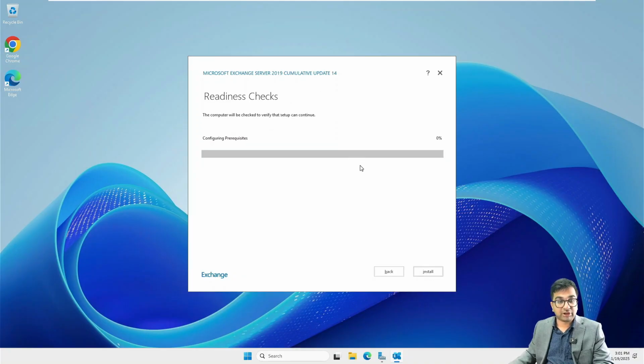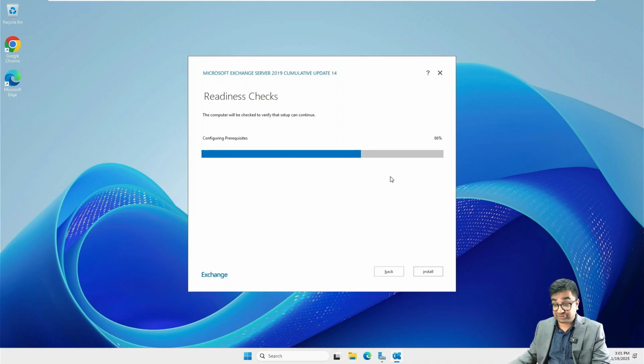Now the prerequisites will be configured. Remember, the prerequisites for Exchange Server, no matter what role you're installing, remain the same. As you might have noticed, we installed the same exact prerequisites for the mailbox server, and we repeated the same process again for the Edge server. In the end, both processes remain the same. It's only the role selection that changes when we are doing the setup. That's the only difference here. Now you can see that the prerequisites are being configured.